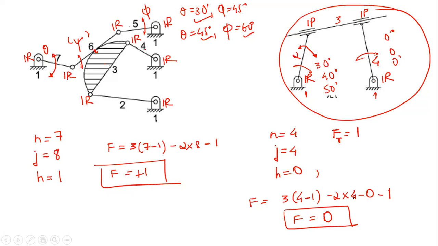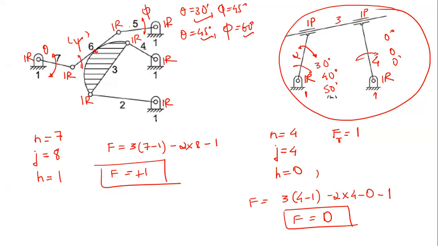So although the degree of freedom is 0, still we should see that in a structure, none of the links move, right? But when we talk of a mechanism, we say a very important thing: we always talk of relative motion. We don't talk of individual motions. So when we consider the relative motion, the relative motion between links 3, 4, and between links 2, 3, is going to disappear. So that's why we can presume that this mechanism is almost behaving like a structure, right? Is it clear? Did I answer your question?